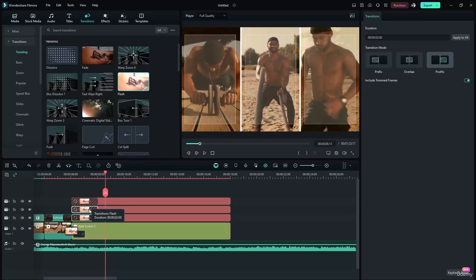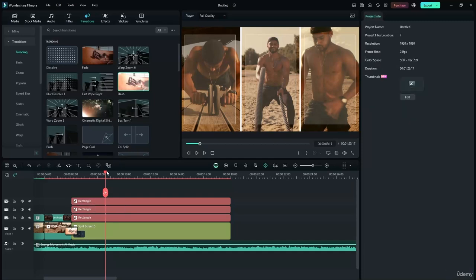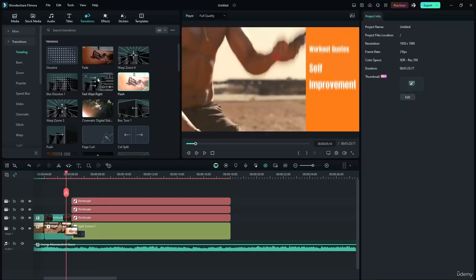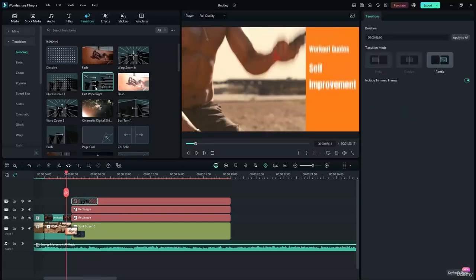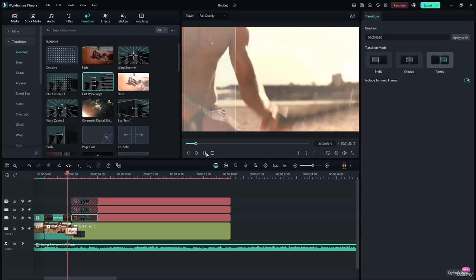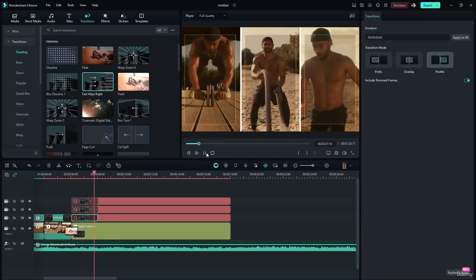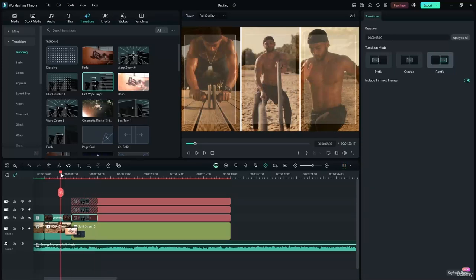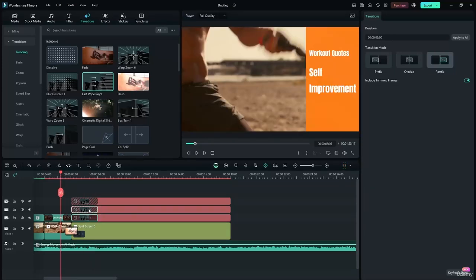But it's like too much. So I'm going to go ahead and delete them and keep them as it is. And I'm going to give a fast swap right transition to this. Now, if I were to play it, as you can see, they swiped in. Now I'll just go ahead, click on them and add 1 second delay